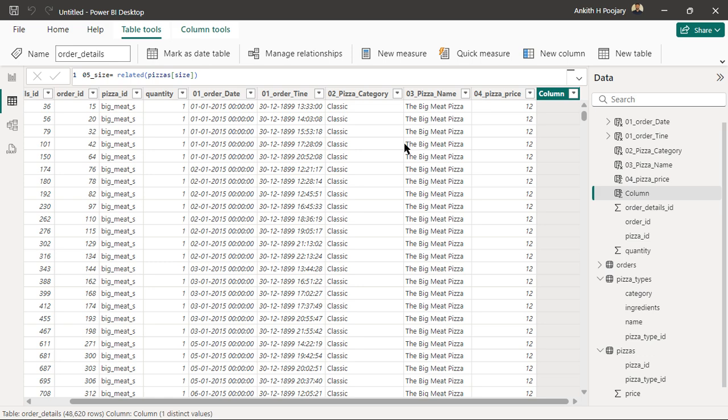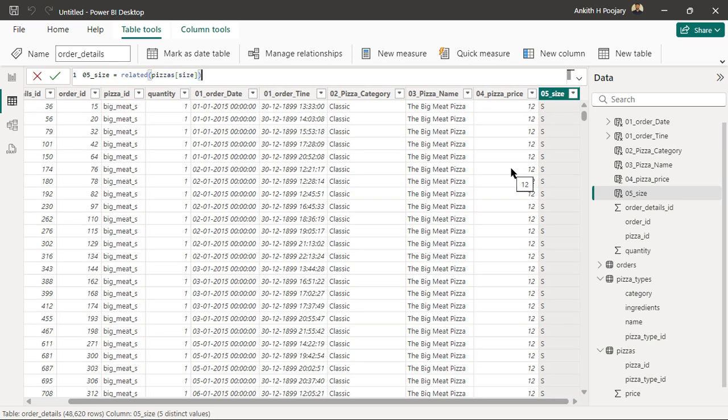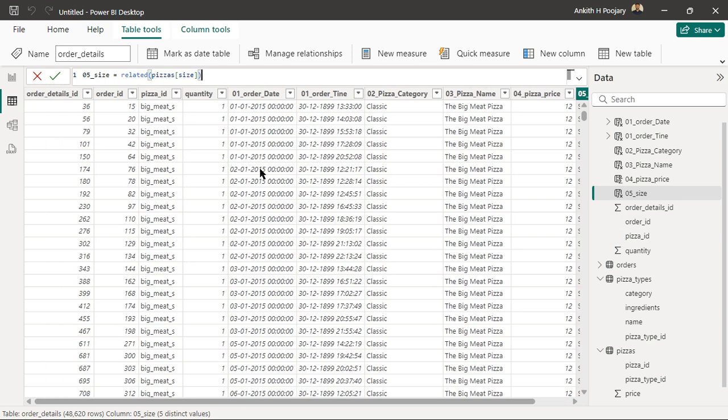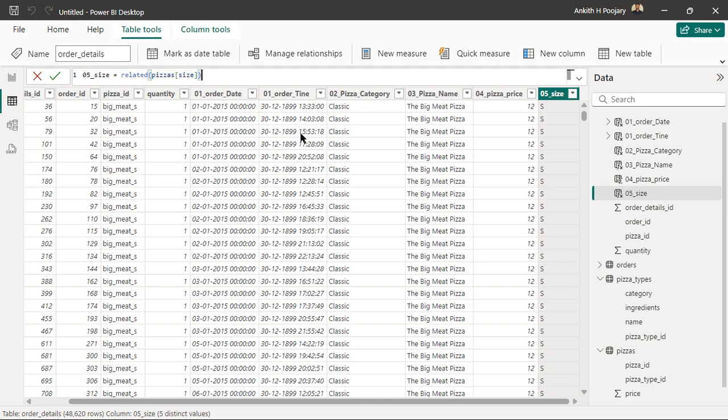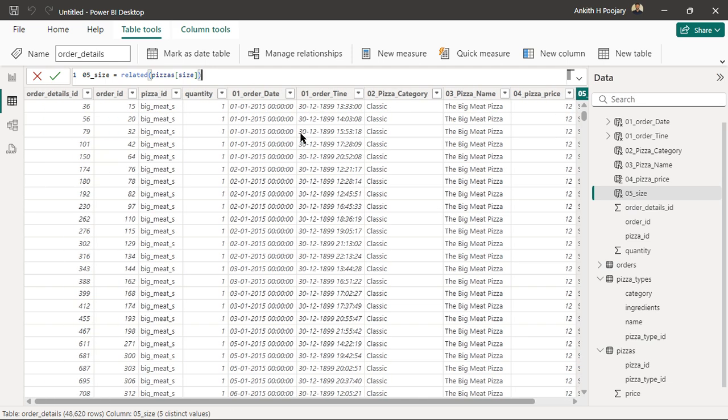So all the data we needed from the other tables, we have fetched. Earlier it was only a 4 column table. Now, after fetching the columns from the other tables, it has increased. The data table is flatter now. So this is how we can denormalize the data by using this DAX approach. In the DAX approach, we use the RELATED function. If the data is related, like the relationship is already built, we can use the RELATED function to fetch the column